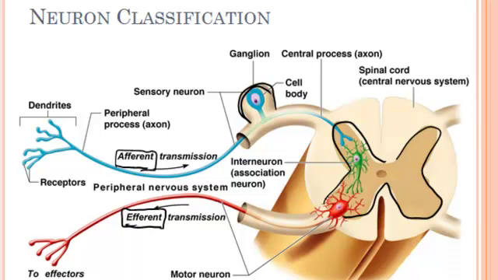In this case, the afferent neuron cell body is found outside the CNS, and this is always the case. So the afferent neurons are always going to have their cell body outside. The efferent, or the motor neurons, are always going to have their cell bodies in the CNS. Then we have one other little neuron here,